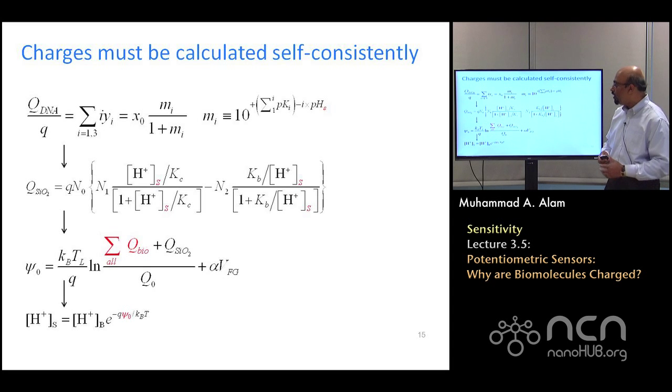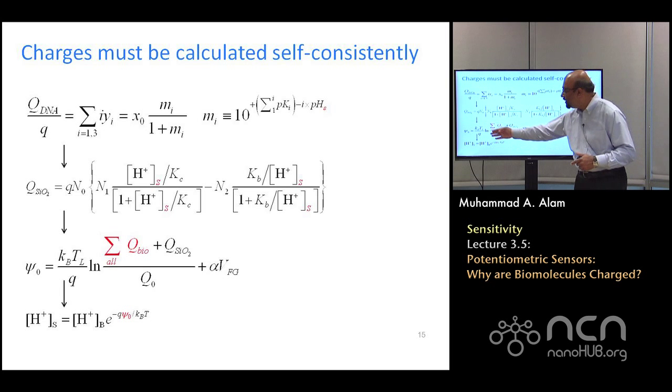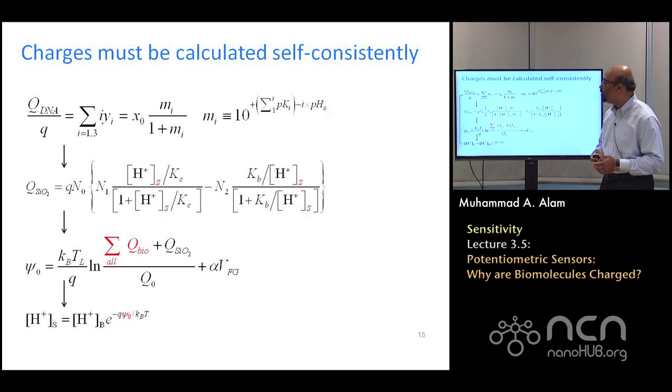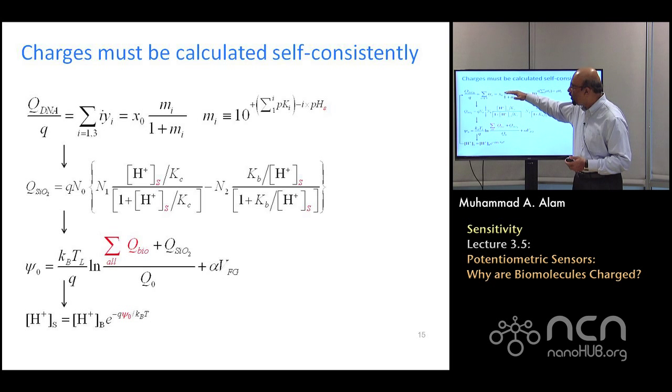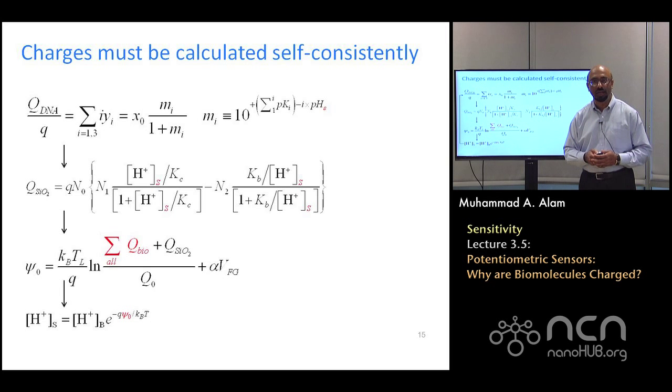And once you have gotten the potential, then you have to do a self-consistency, because this will change the surface pH. And once you know the surface pH, you will go back and recalculate them. So you can go back and forth and eventually calculate what the net charge is. Now, of course, if you have salt on top of it, you will have to do the corresponding self-consistent solution. And you will be doing it in a homework in the biosensor lab available on nanoHUB.